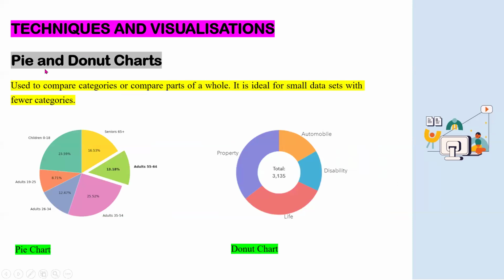So going forward, we have others that we'll talk about. Then we also have the pie and then the donut chart. They are both fractional, trying to look at how this one is performing as against the rest of them. I think the only difference between this one and this one here is the properties and how the visual looks. That is all. But like I said, if you have a very large data set or large categories or features, it becomes very difficult to do.